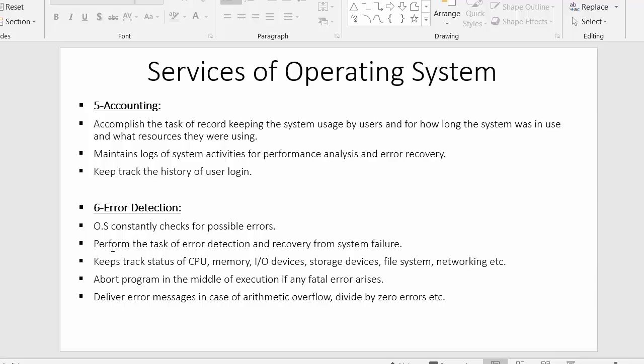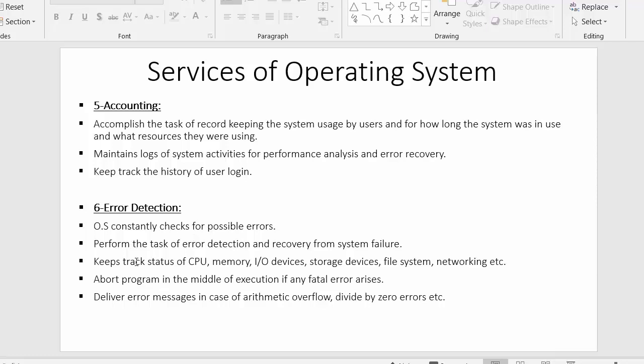Now let us see. The first point is that the operating system constantly checks for possible errors. In the error detection service, the operating system continuously checks for possible errors so that it can immediately recover from them, so that these errors do not harm the resources it has, and do not create any problems for the users while they are using the system.